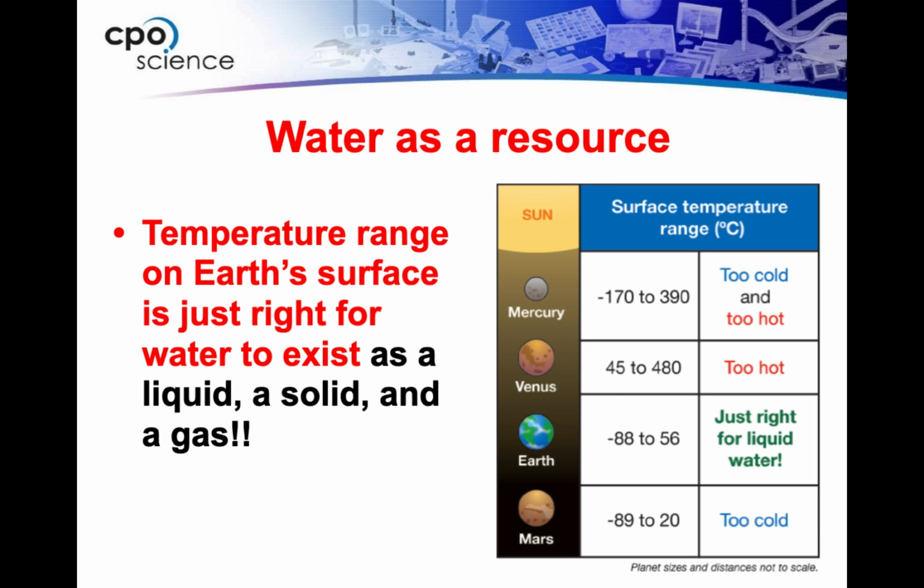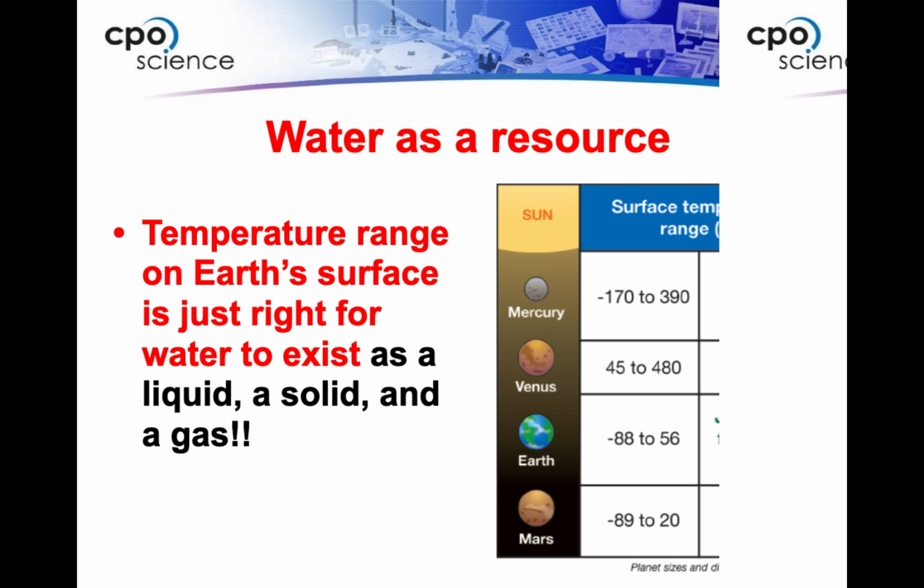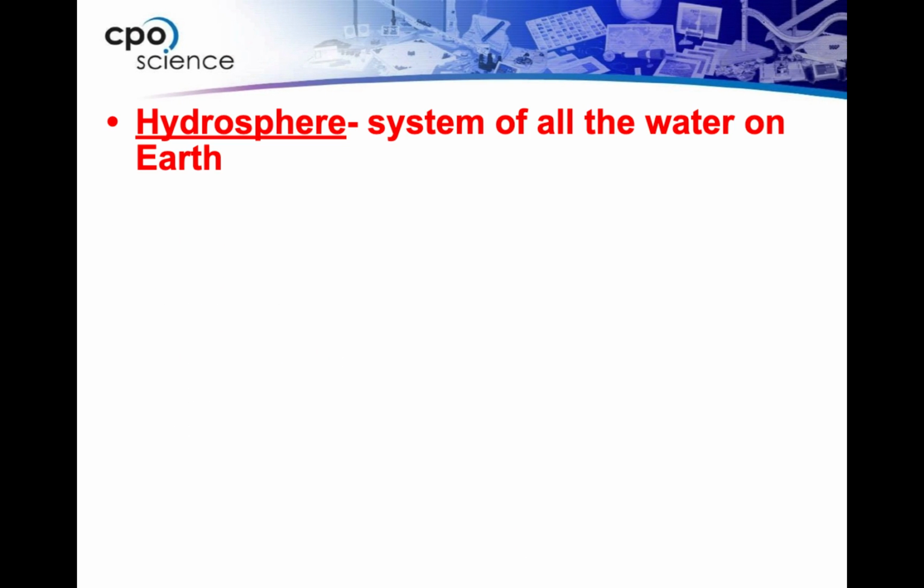Think of that. So as soon as that water is there, it's going to go up into the air as water vapor. Mars is just too cold, so minus 89 to 20. We do have some evidence of water, especially on the poles at Mars, but it's in frozen form, but we don't have it in liquid form. So we have this thing, it's sometimes called the Goldilocks zone that Earth is found in, because we really are just right for temperature, for life to exist, and for liquid water to be on Earth's surface.